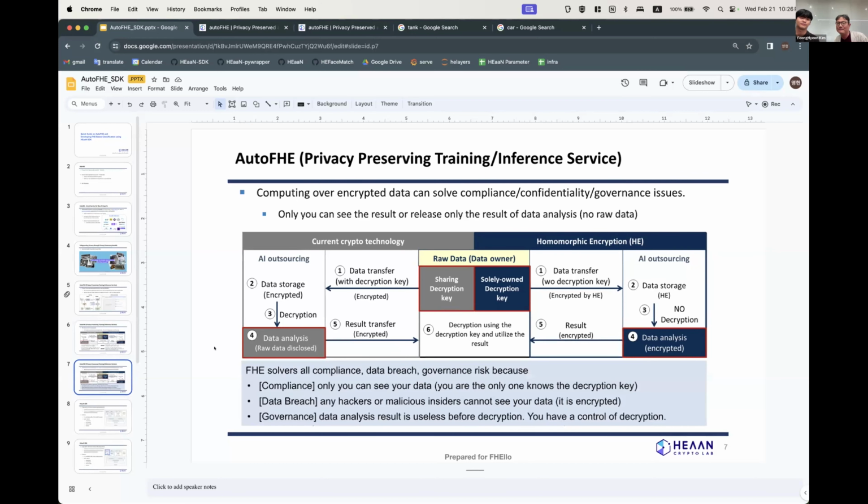So it means that fully homomorphic encryption solves compliance, data breach, and governance risk, because the data owner holds the decryption key. They don't need to worry about where their encrypted data is. They only need to protect their decryption key. So it's a very, very important technology for compliance, data breach prevention, and minimizing governance risk.